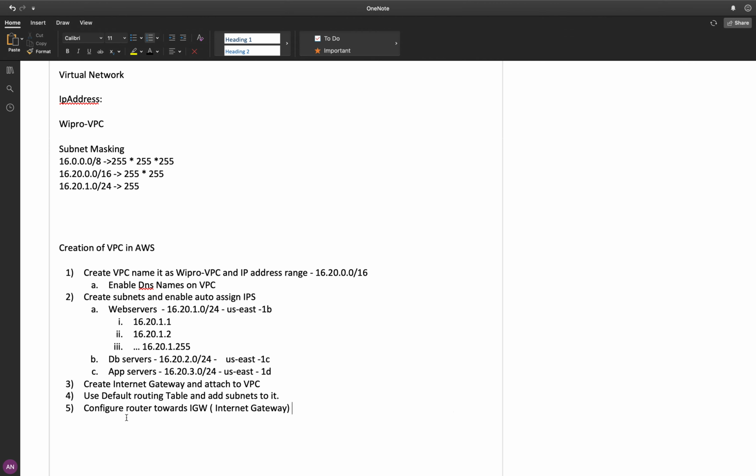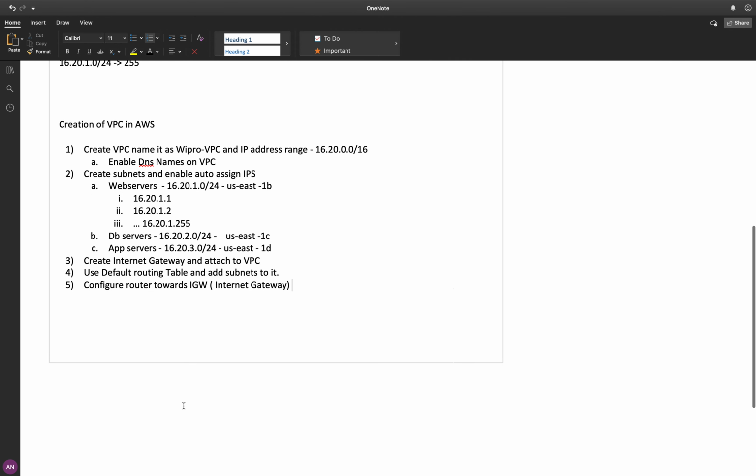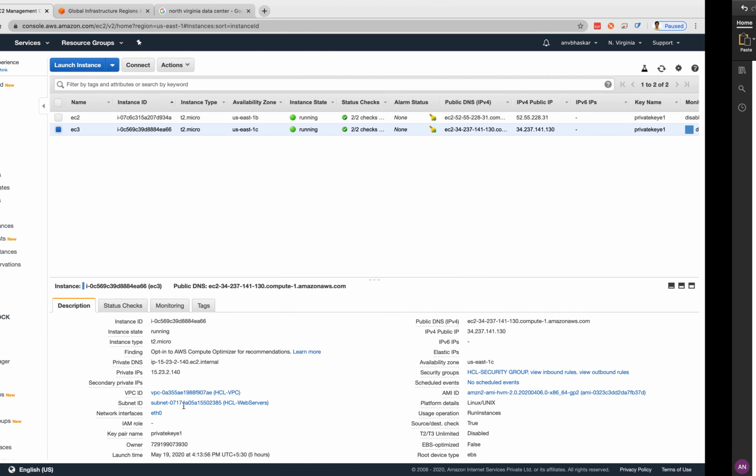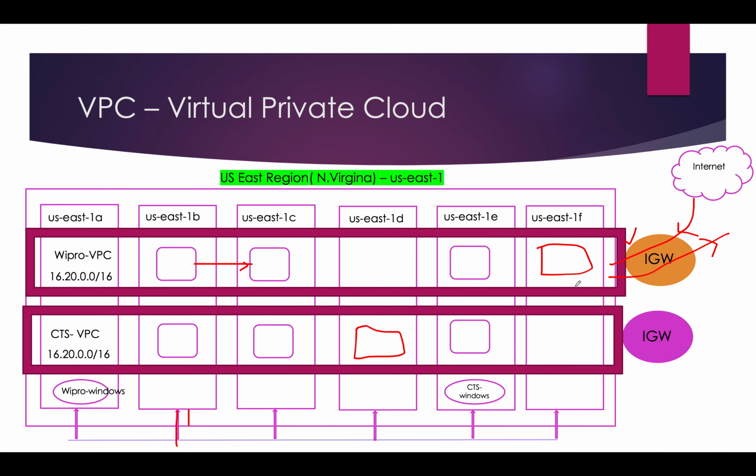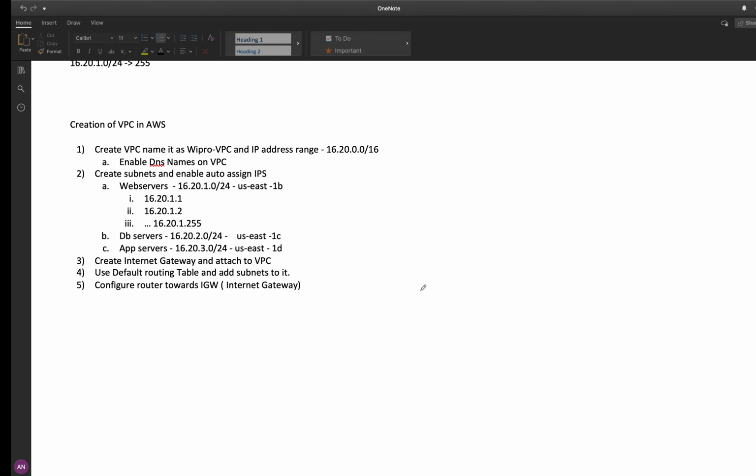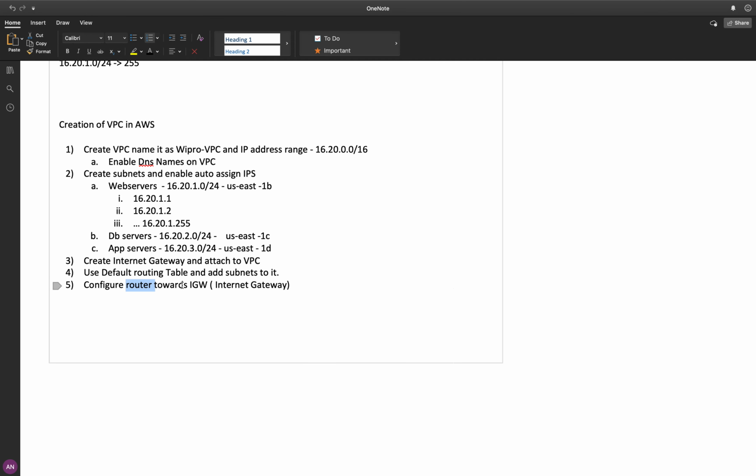This internet gateway you need to attach, so that the VM can send traffic outside the VPC. That means if you enable that fifth step, then from here you can communicate inside this VPC. For that only we are configuring the route towards the internet gateway.